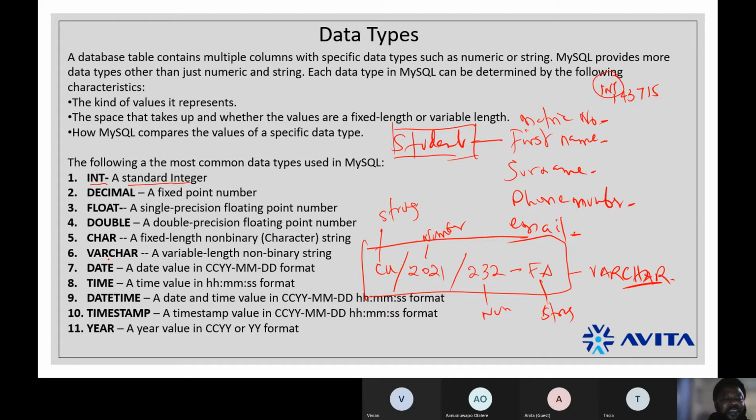If you look at it, it says varchar is a variable length non-binary string, which means it can be 1, it can be 2 in length, it can be several things in length, up to a length of 30. So it is a variable length non-binary string. So we use varchar for this kind of situation. But if it is just number, take for example, it will be integer. Now, first name: if your first name column is going to